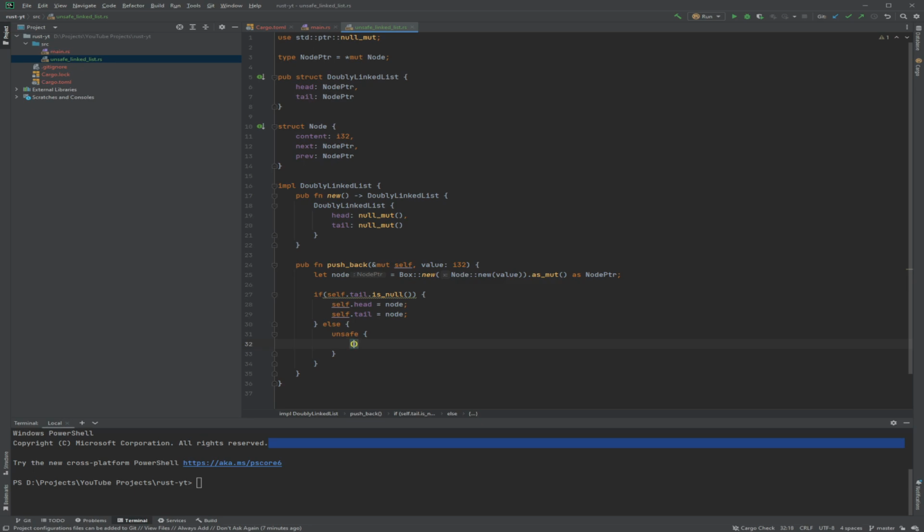So first we'll dereference the tail and then set the next of the tail to this new node, because the new node will be the tail. And then we want the previous of the new node to be the old tail. And then we want the tail to be the new node.